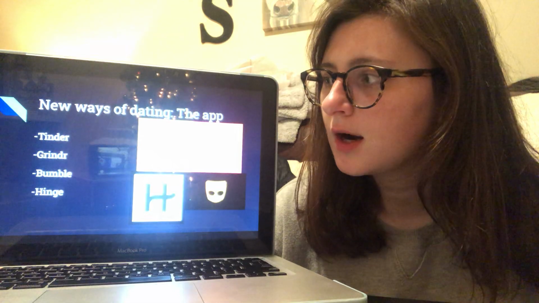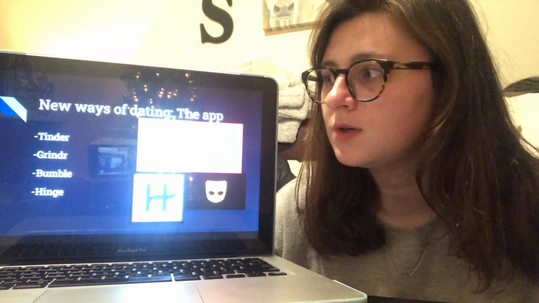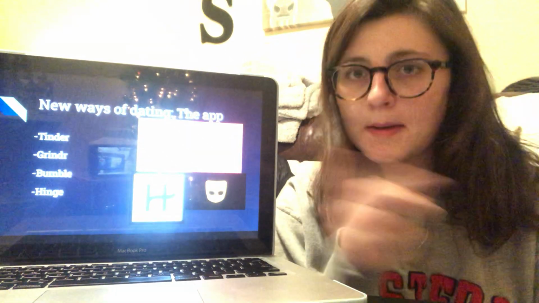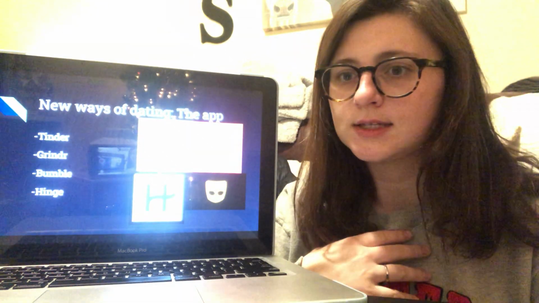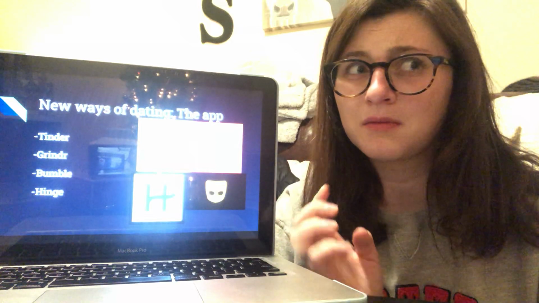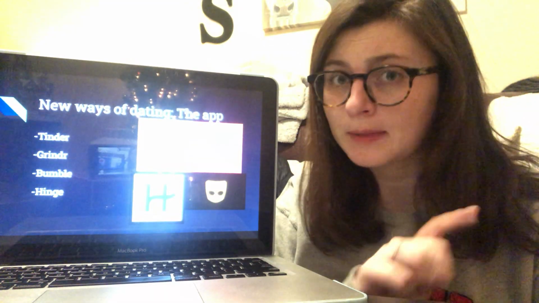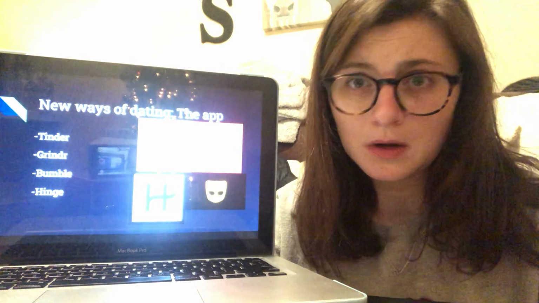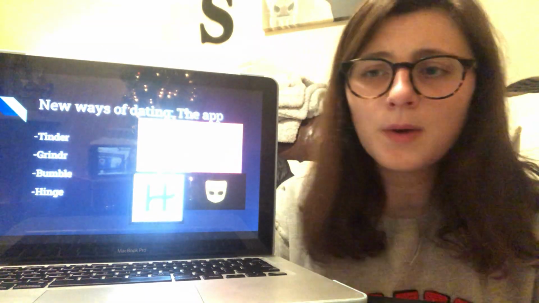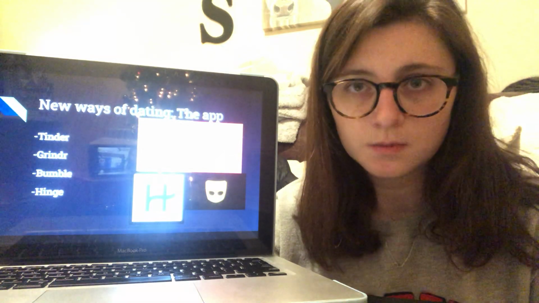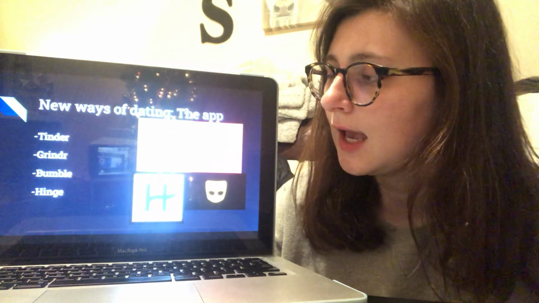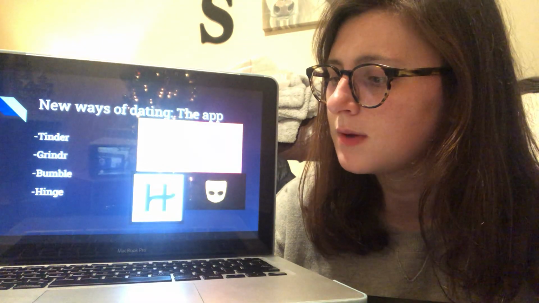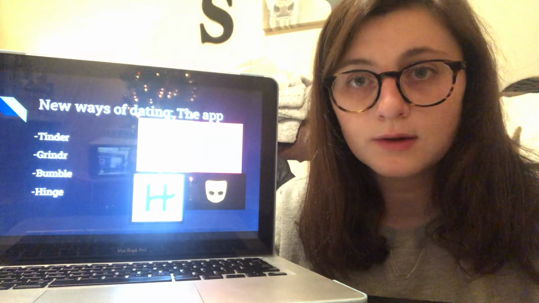And what these apps are doing is giving people the opportunity to online date in a super fast way. So Tinder, you're just swiping on people, and if you like them, you swipe right, and if you don't like them, you swipe left. And you don't really know them. You're not swiping right based off of, oh, we have the same favorite book. No, you're swiping right because of their face. And so it's taking away a chance for people to really get to know each other first.